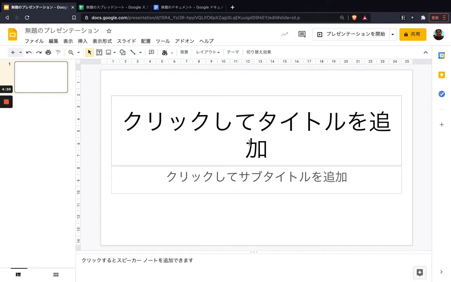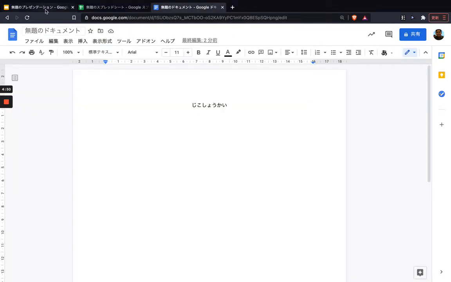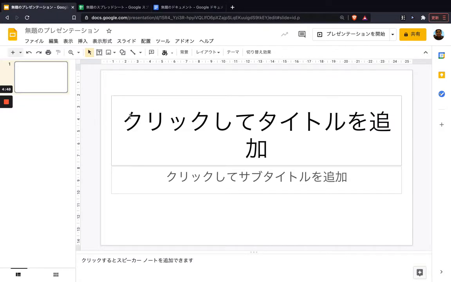Since all of us are working on one of the Google applications, such as Google Slides, Google Sheets, or Google Documents, here is something that you can use when you want me to correct your slide or Google Doc or Google Sheets. So if you make a change, for example, let's say you made this slide and you want me to check this, usually you share this with me here by clicking on the share button.